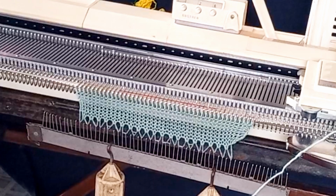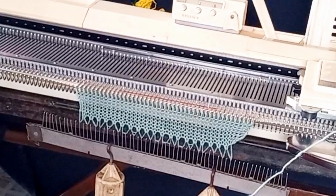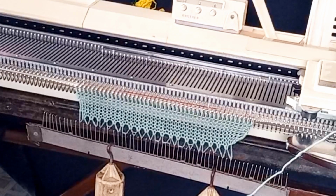Today I want to share with you a lace pattern. Today is about the pattern tutorial. So guys, you can see I've already cast on, and right now I want to follow the procedure for this